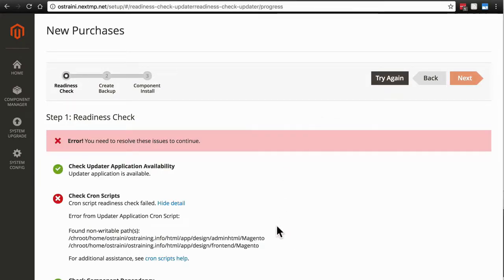And you may get an error, such as this, in this case. It says cron script readiness check failed, found non-writable paths. Usually, the information here is pretty helpful, telling you what you need to change in order to finish installing these extensions. If we find the HTML directory, all of this is stuff farther back on our server that's not really relevant. We're going to find HTML, and from there, we need to find